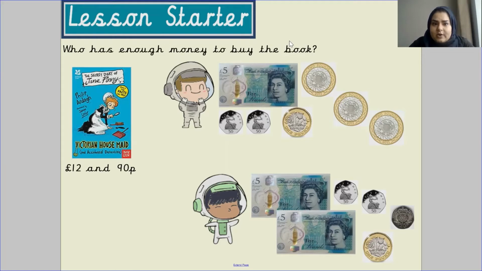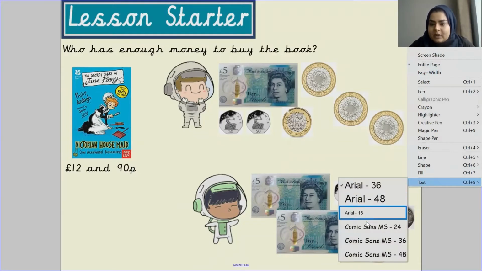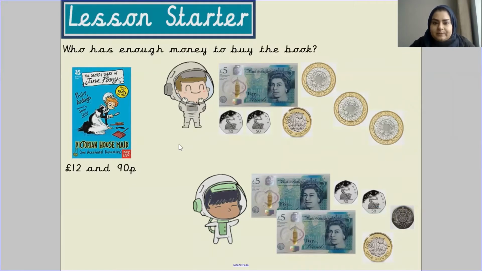Okay, it says, who has enough money to buy the book? So the book is £12.90p. I need you to tell me which mathstronaut has enough money to buy the book. Pause the screen now and work it out. Okay, so the mathstronaut who has enough money to buy the book is this one, because